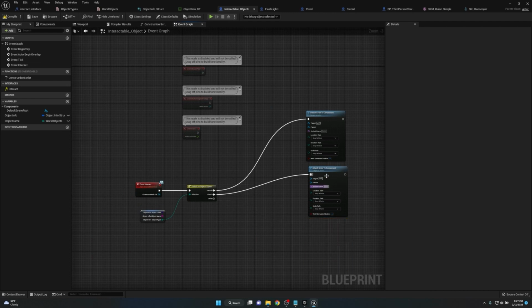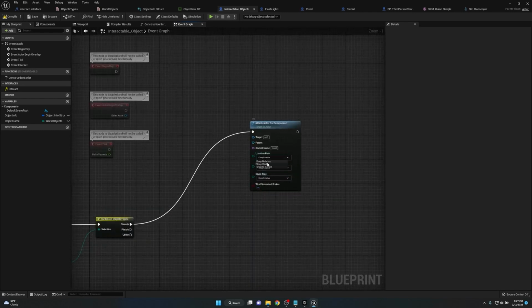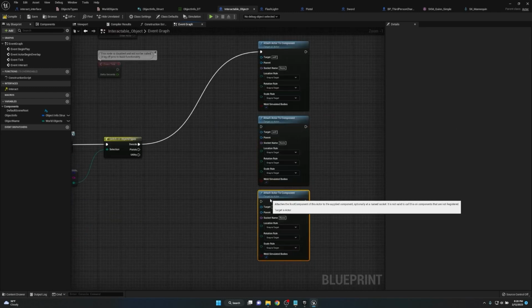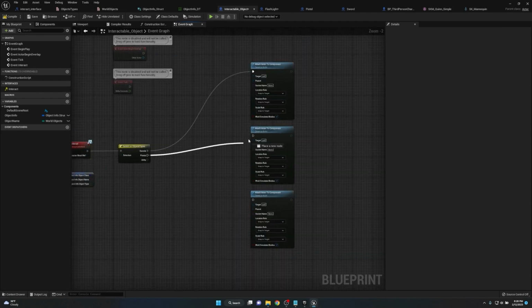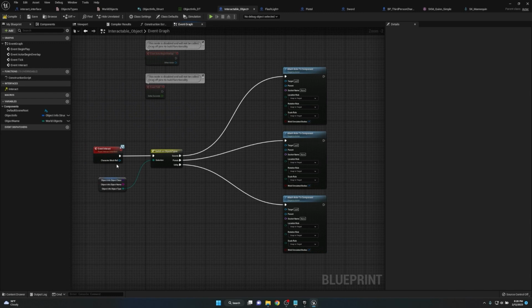Now, one thing I do suggest before duplicating it is going in and setting the location rule to snap to target. This way you don't have to do this multiple times. It's just easier. You don't have to, but I do recommend it. That way you don't have to set it 6 times. Or actually, 9 times. Now from here, what we're going to do is take the character mesh